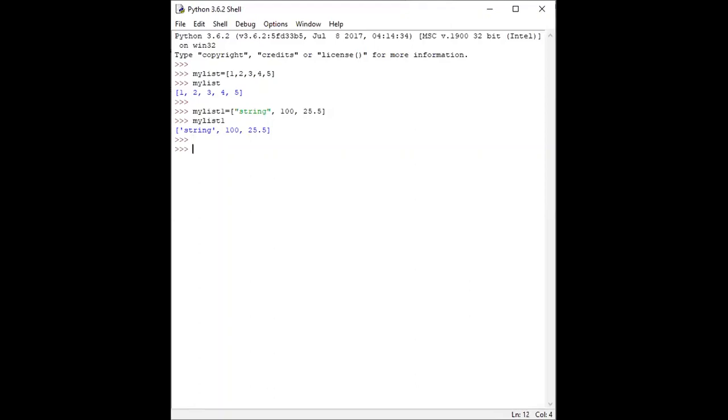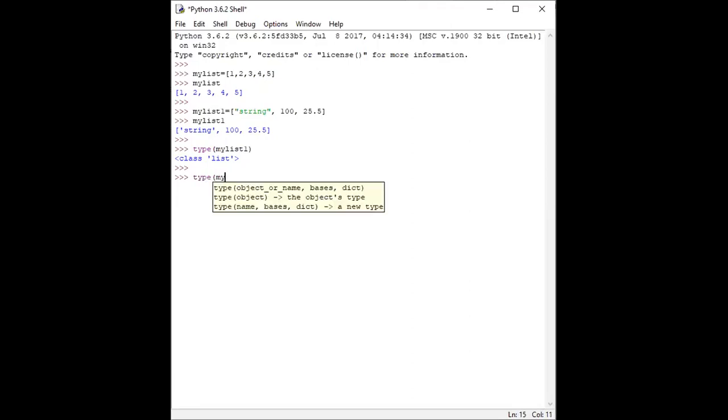For example, if I want to check the type of my_list1, it shows simply class list because there are many values in this list. But if we want to check the data type of the values inside, we can write type of my_list1 with an index, in which I want to check the data type of value 1.